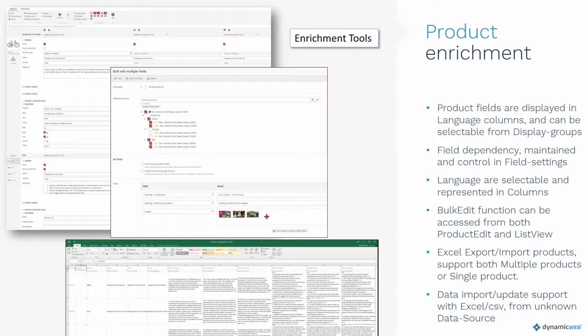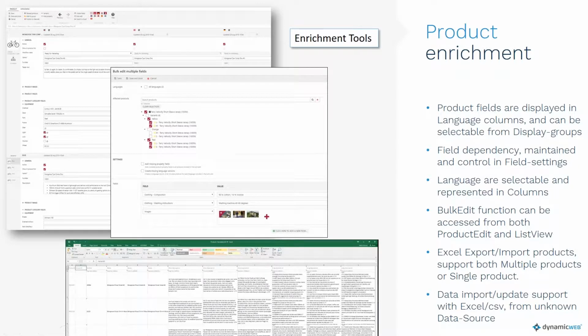You can select and deselect fields. Again, if you have a huge amount of fields, it could be useful if you're looking at technical fields or marketing fields or whatever kind of fields you want to have an overview of. Now, these